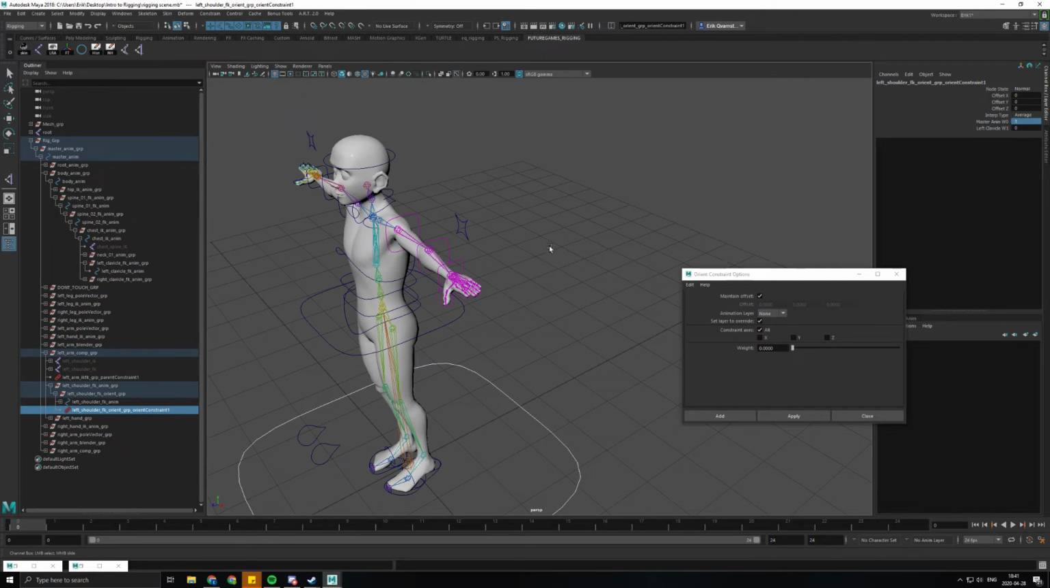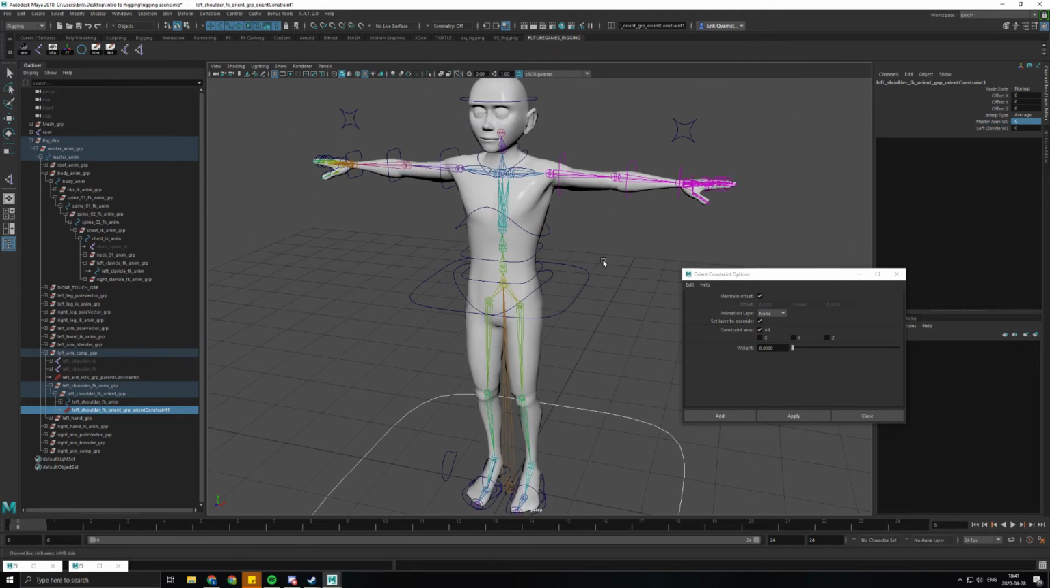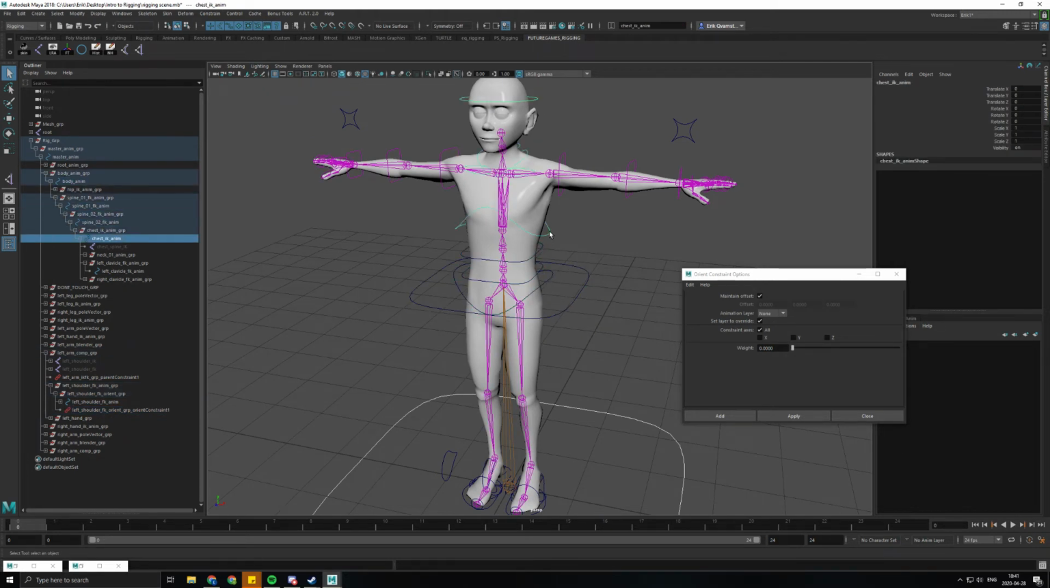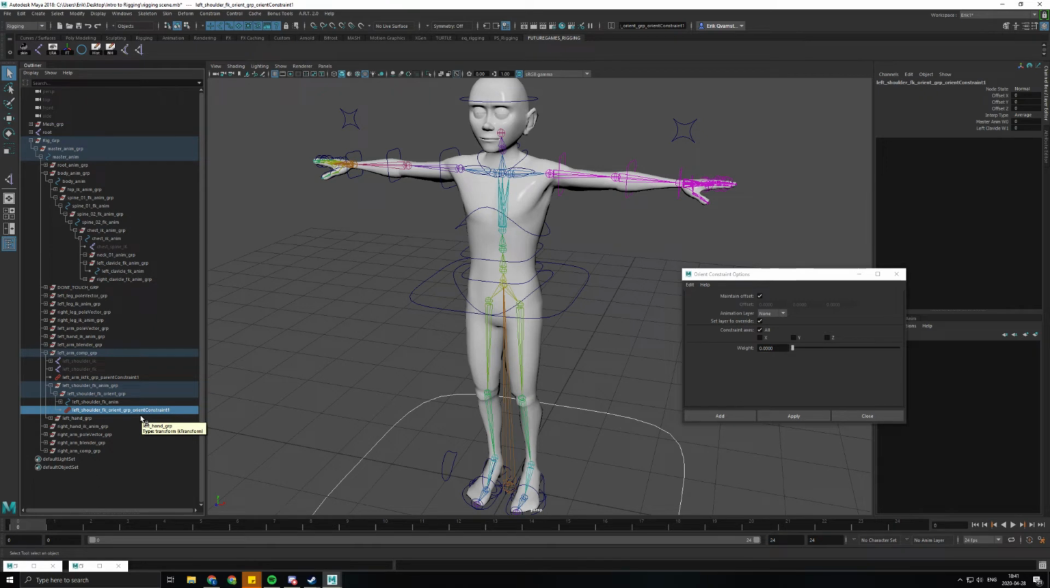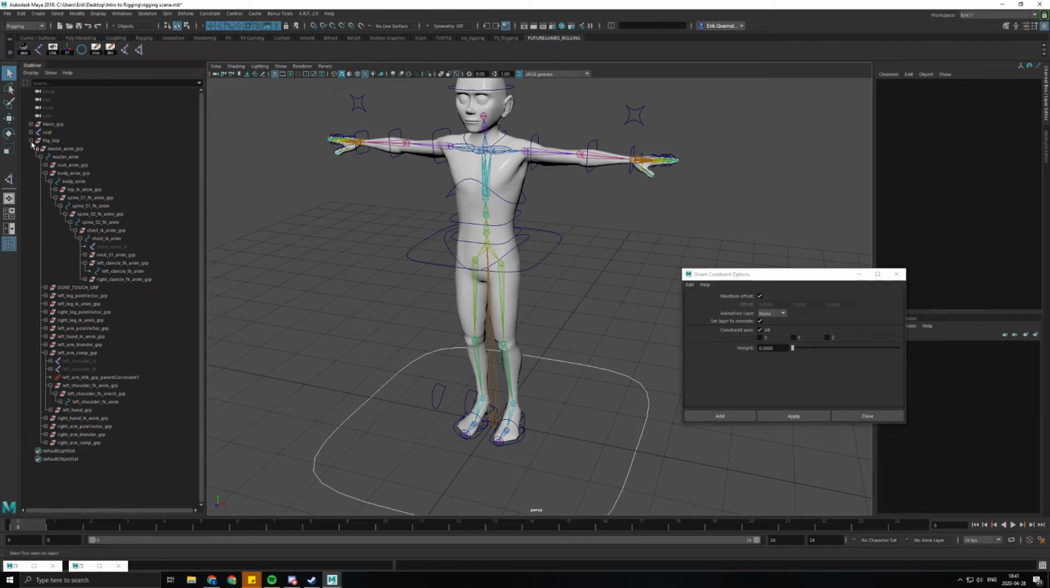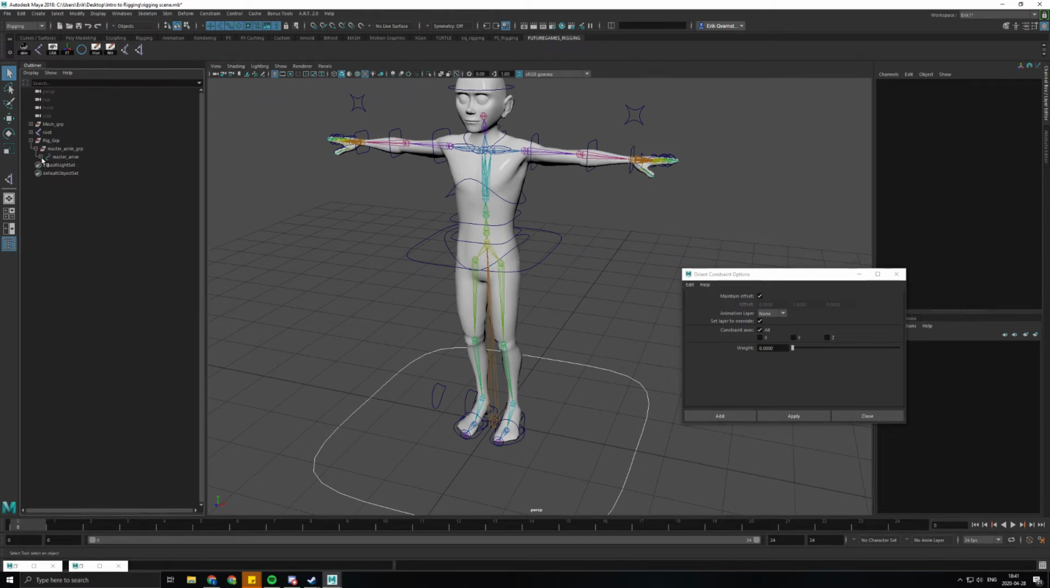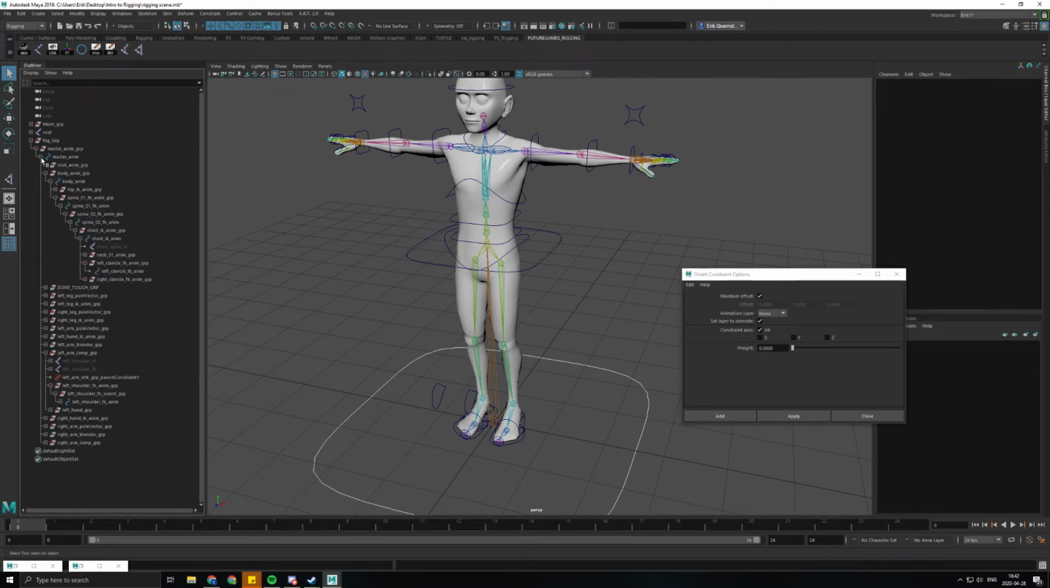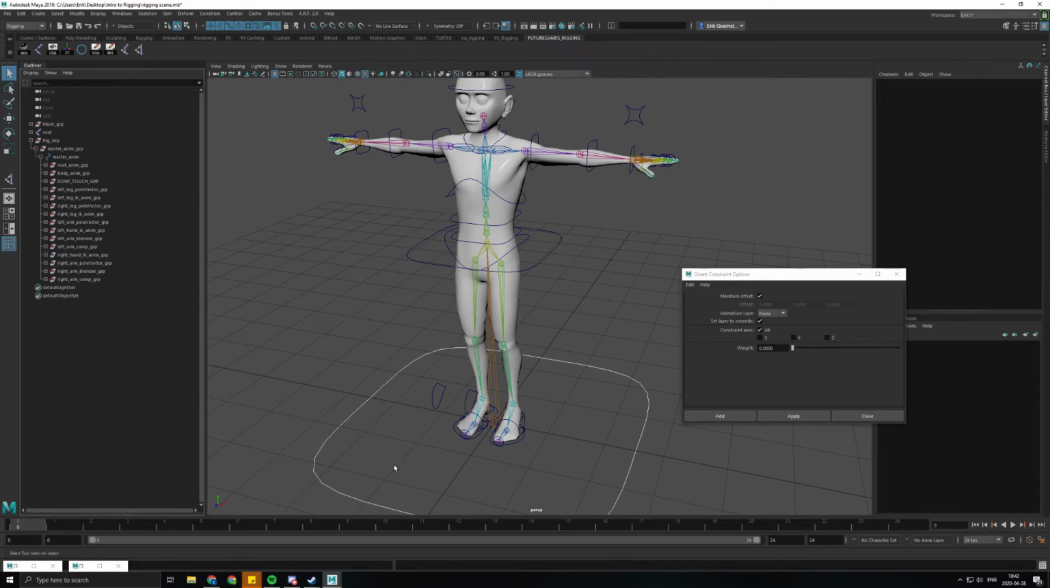Why does it want to rotate? It's so weird. Yeah, I have no idea, but a solution that we can do is to just create this